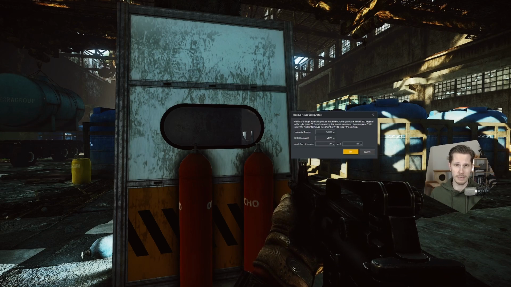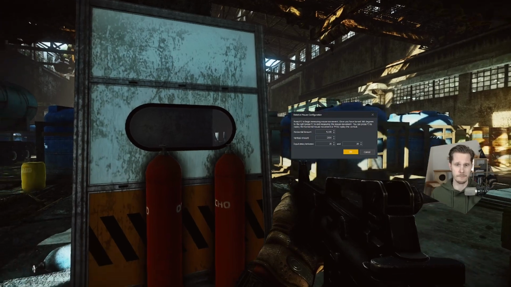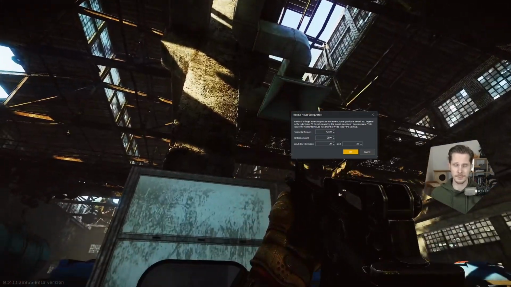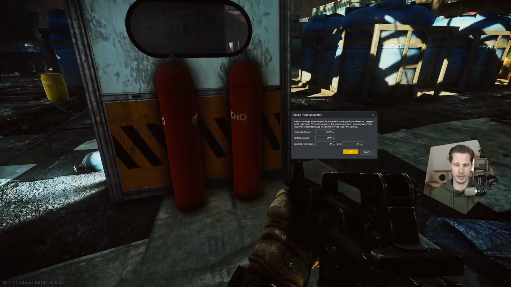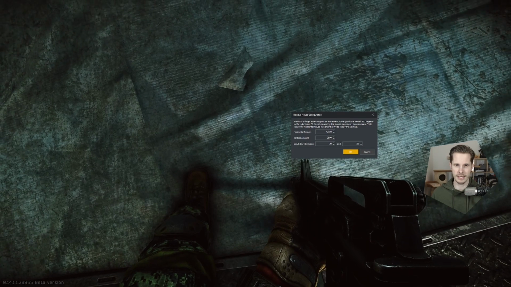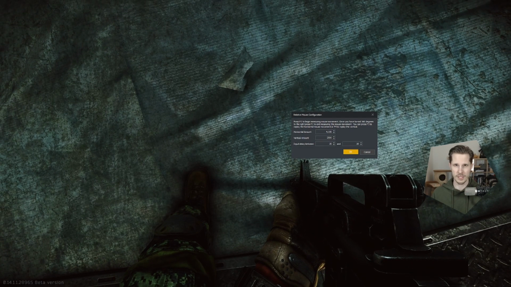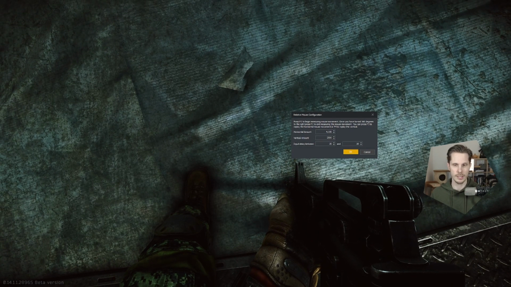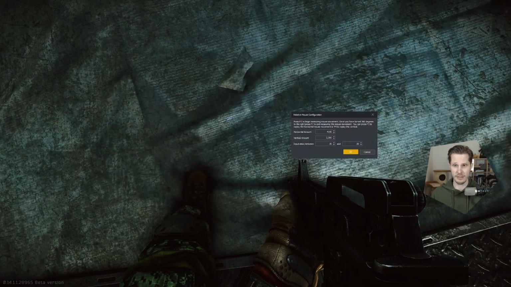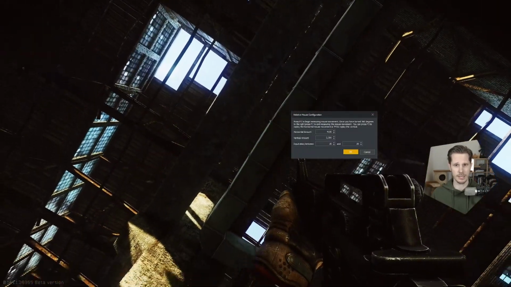Now for the vertical amount, it's basically the same thing. So just look up at the ceiling, hit F4, and wait until the character looks down at their feet. And then I want you to push up the mouse ever so slightly. As you can see, there was some kind of resistance to it, showing us that 2500 on the vertical is just a bit much. So I'm going to go down to 23